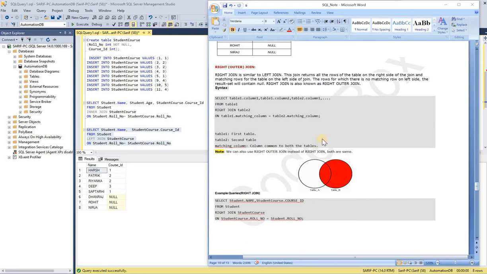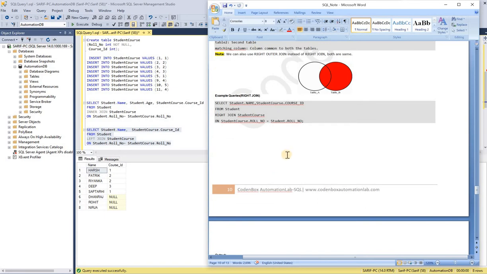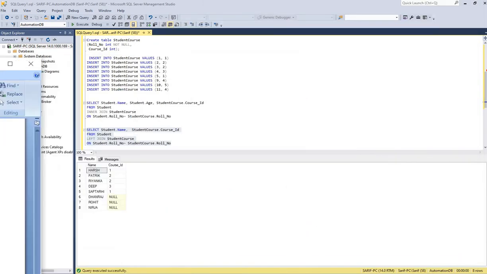Okay, and the syntax is the same as the left join: select table 1 column, then table 1 column or table 2 column from table 1, right join table 2, on the matching columns between the two tables. Right, let's see how we can do it in our